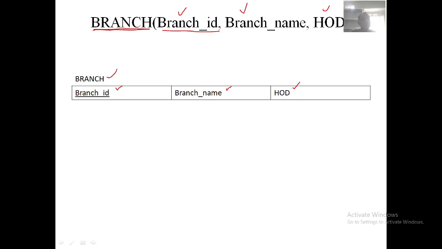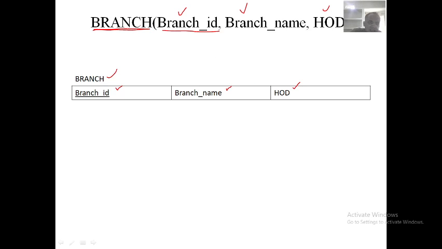Three attributes of a branch table. What is the name of the table? Branch. Which are the attributes? Branch ID, branch name and HOD. Every branch will be having a head of the department. Got it?